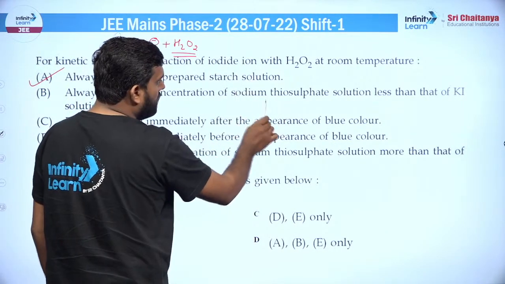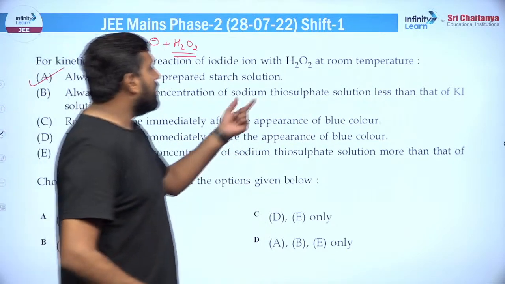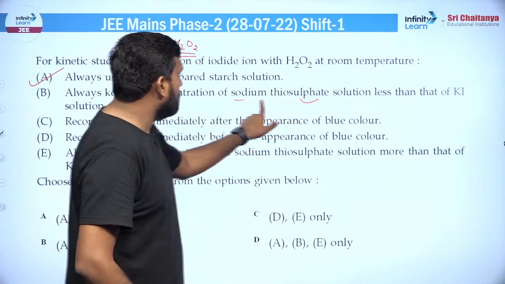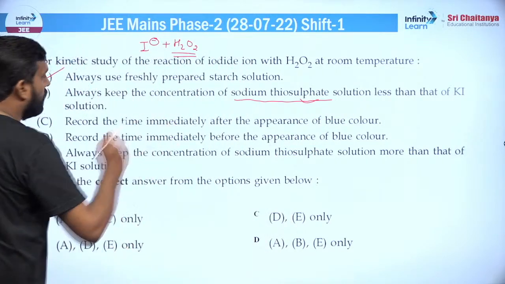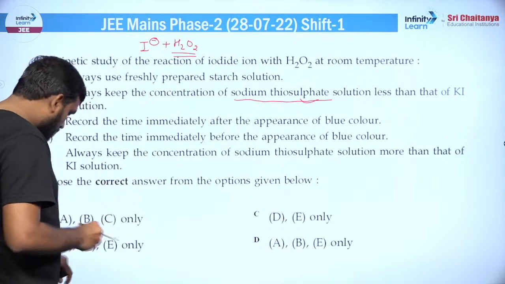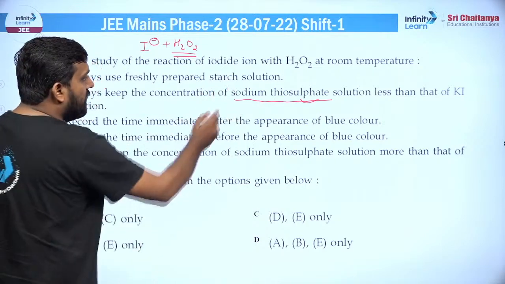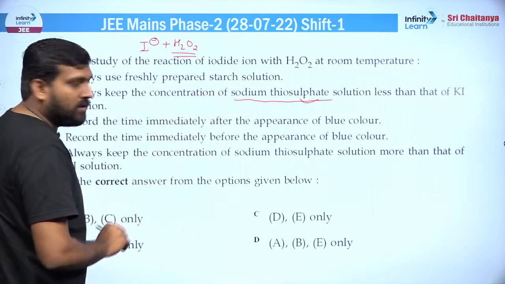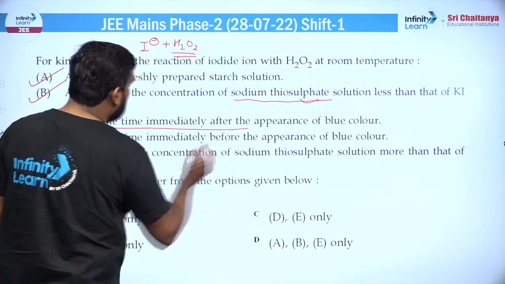ऑलवेज कीप द कंसंट्रेशन ऑफ सोडियम थायोसल्फेट, जो आप बेसिकली टाइट्रेट करते हो, सोल्यूशन लेस देन, बिल्कुल सही है यार, देखो अगर ये तुम्हारा बेसिकली एक्सेस में होगा, सोडियम थायोसल्फेट की अगर बात करें, अगर ये एक्सेस में होगा, KI से ज्यादा होगा, तो फिर तो ये कभी सही रीडिंग दे ही नहीं पाएगा ना, क्योंकि आप इसको टाइट्रेट कर रहे हो, तो आपको ये पता होना चाहिए ना कि इसको धीरे धीरे डालना है, ड्रॉप बाय ड्रॉप, तभी तो एग्जैक्ट रीडिंग आएगी जब KI खत्म हो जाएगा, ठीक है, तो ये भी सही है।